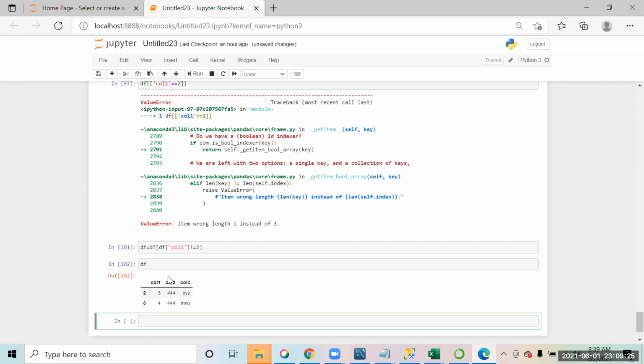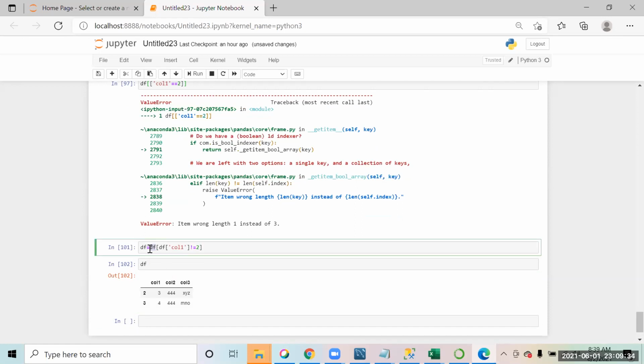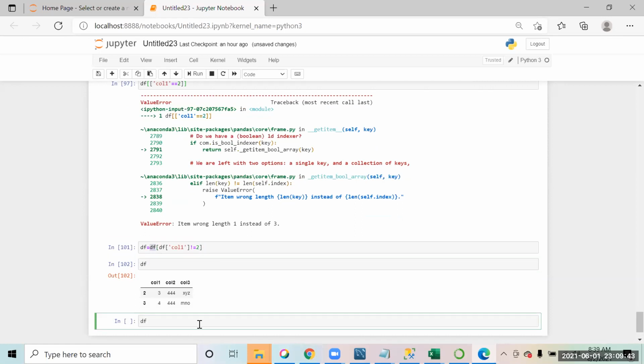Why did you put df again outside the square bracket? You are asking about this df, right? When you write df column 2 equals to 3, it gives you the output in the form of true and false. Wherever that ID is 3, it will give you true, otherwise false.